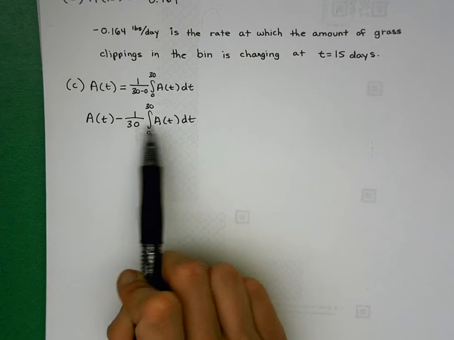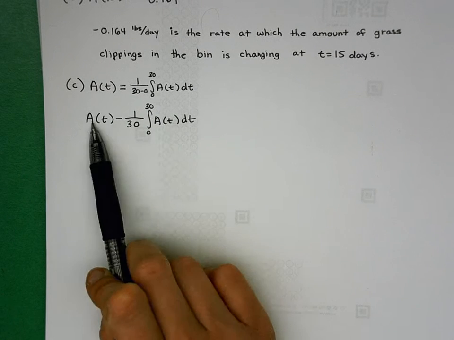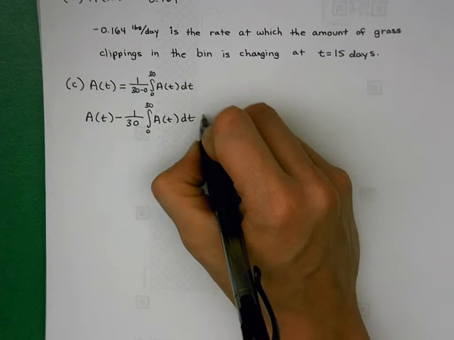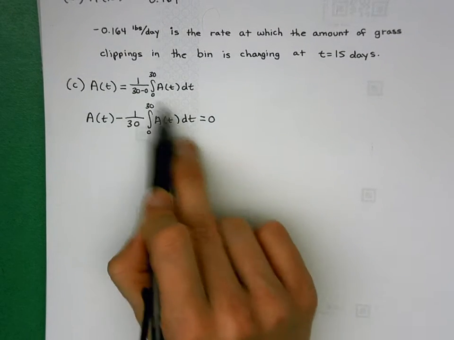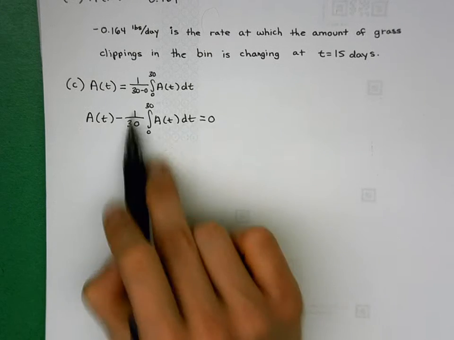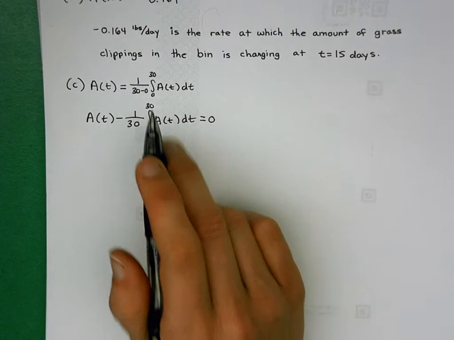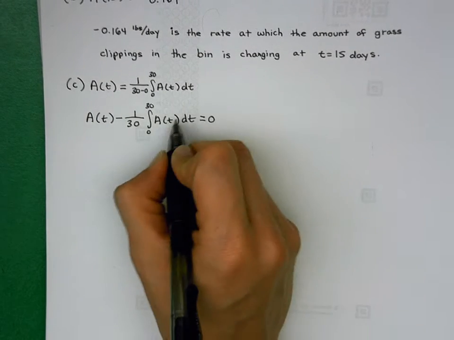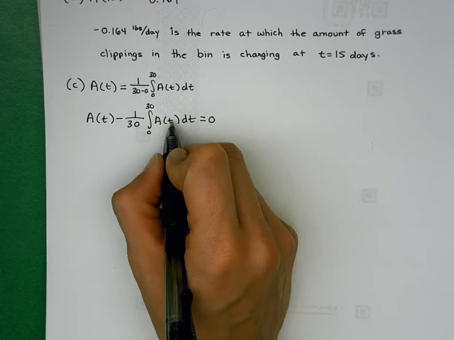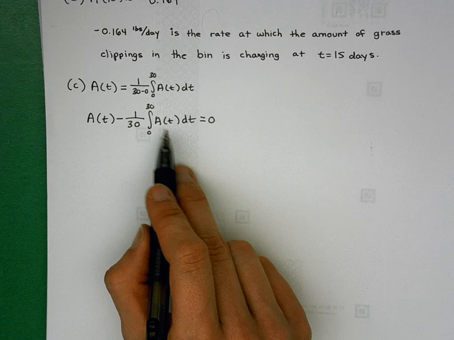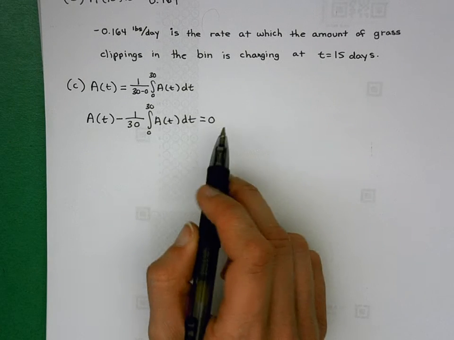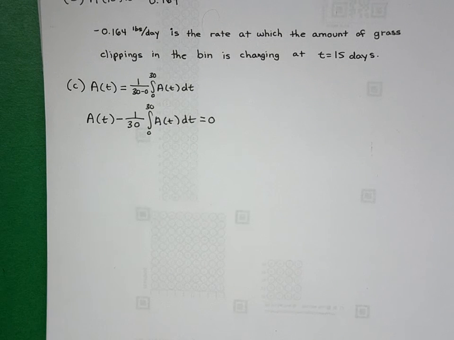Now, some calculators might move pretty slowly if you calc a 0 here. Let me write equals 0, sorry, because we have subtracted this over to the other side, so this would be equals 0 here. Some calculators might process this rather slowly, and so you could actually find what that value is, do math 9, and calculate what that number is, and then plug A of t minus that number in to calculate 0. Or again, in whatever other way you typically solve a problem, you're going to solve for